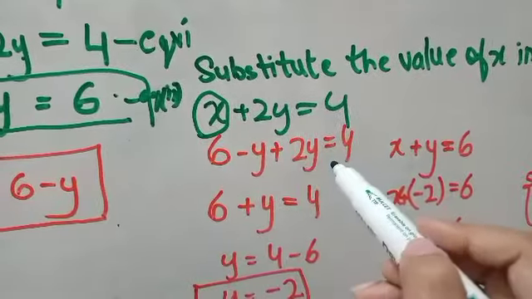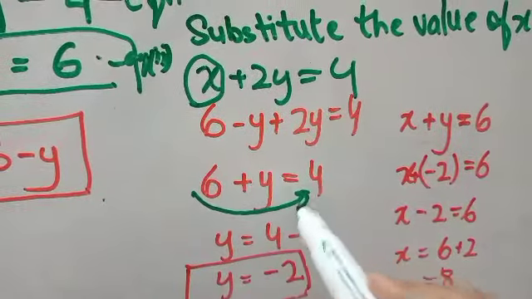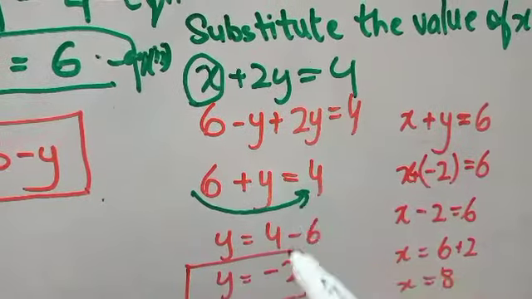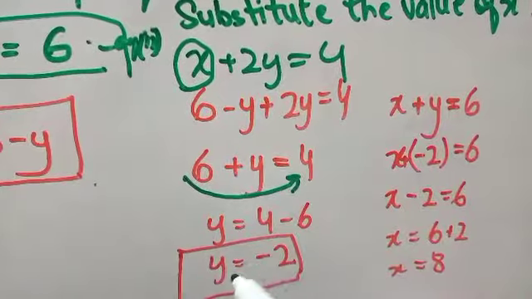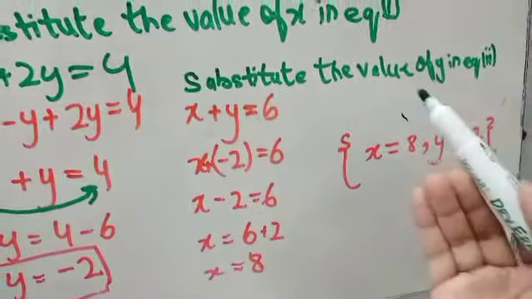Minus y plus 2y, I will subtract it. Plus minus minus, sign of the greater number, I got y. Then 6 was plus over here, I shift this to the other side of equal to and it becomes minus. So the value of y I got is minus 2. Now since I found the value of y, minus 2, I can substitute it in equation 2. I wrote equation 2, this was the original equation 2, x plus y is equals to 6. Now instead of y, I will replace y with minus 2.